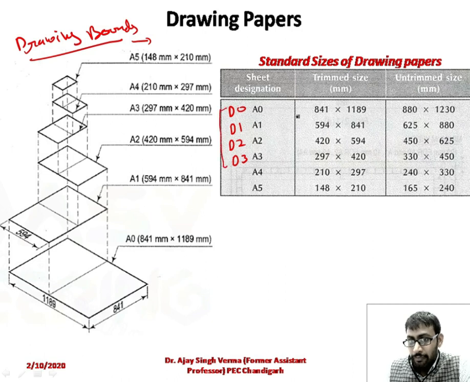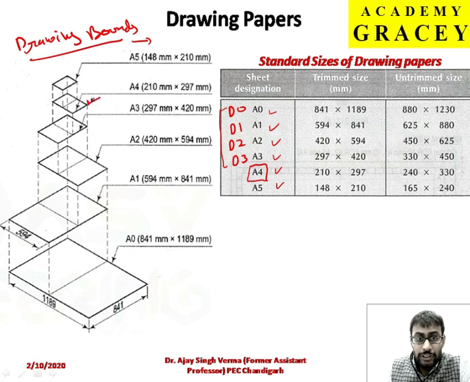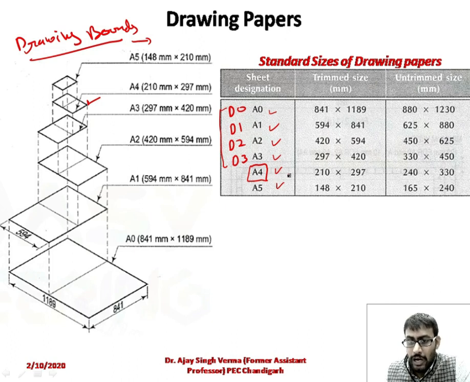You can see here the A0 sheet dimension, A1, A2, A3, A4 and A5. You can see this A4 dimension. We can talk about the A4. Where is it in the figure? This one is the A4 figure. So please see the A4 dimension in the figure also. Why I'm talking about this A4 is because we widely use it in printing media. So in our daily life, as well as all over the world, we use the 210 into 297 dimension. This is the trimmed size dimension.